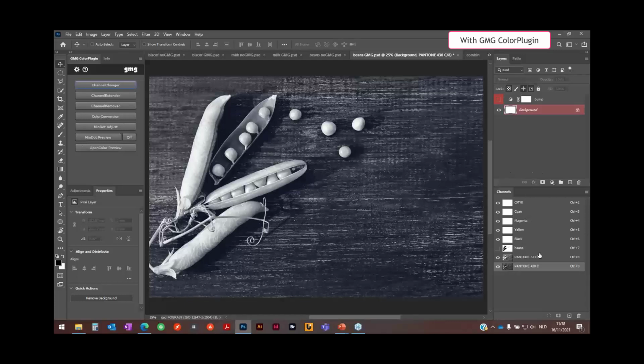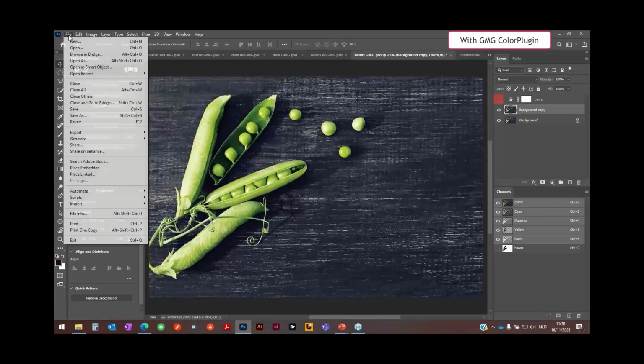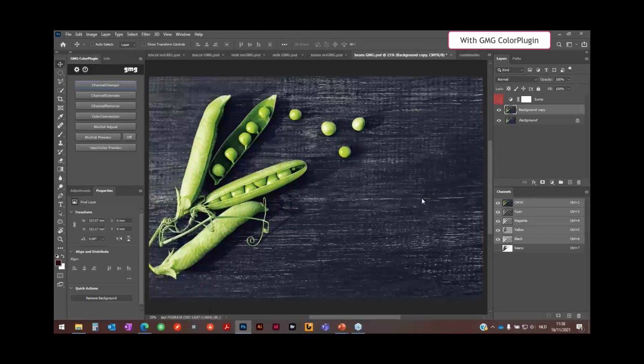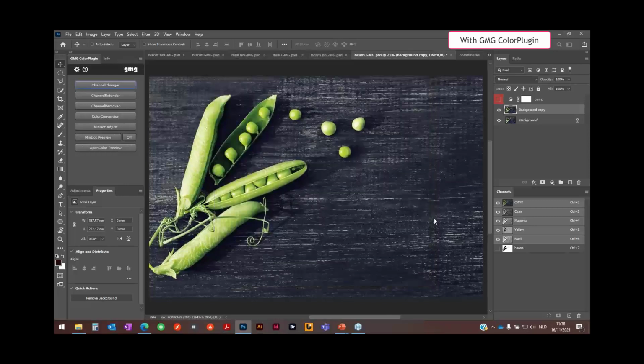So now my whole image is processed. Maybe I go some steps back and make a copy, because my beans are also processed, which I do not want.